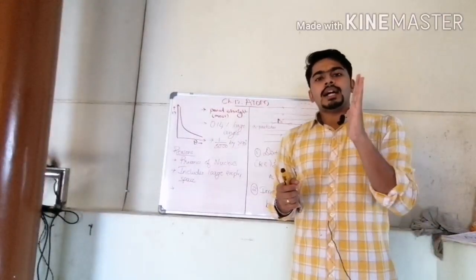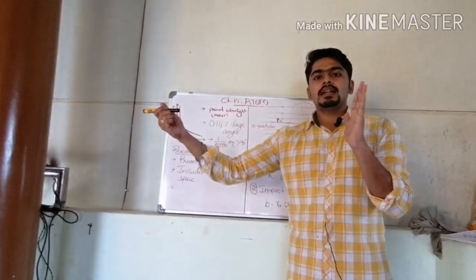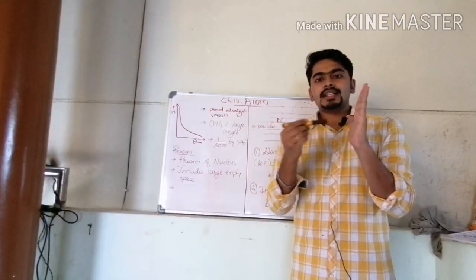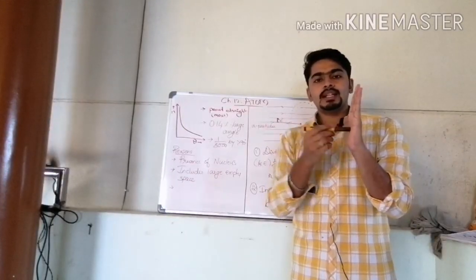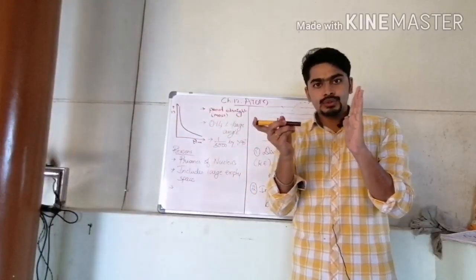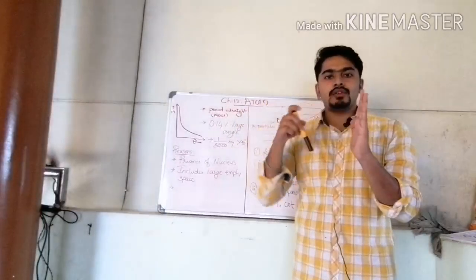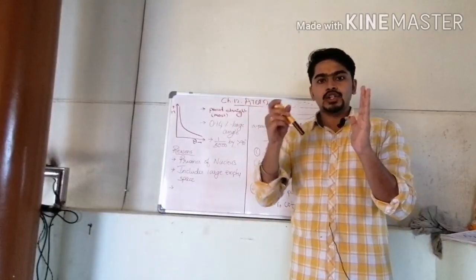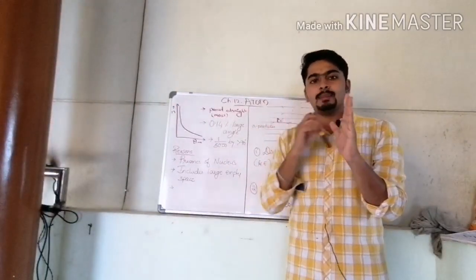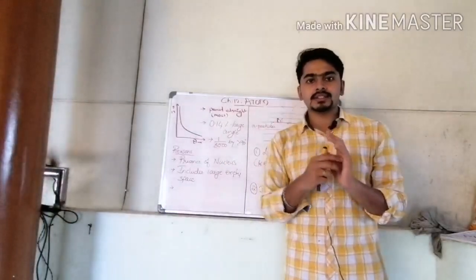Because the gold nucleus, if I consider, has a positive charge, and here the positively charged helium nucleus is coming towards it. What is the interaction between positive charges? There is a repulsion. So the positive nucleus comes towards the positive nucleus and stops due to the repulsion. There is a certain limit for this. At that limit it will stop, and due to the force, what happens? It will travel back. This is based on the positive and negative charge explanation. If I go for the forces, what happens?